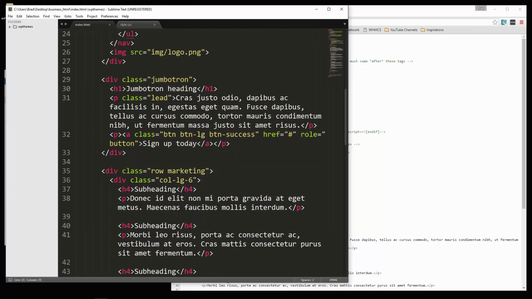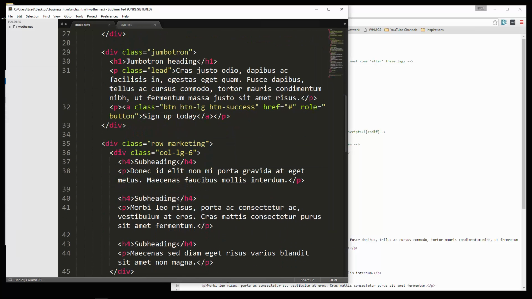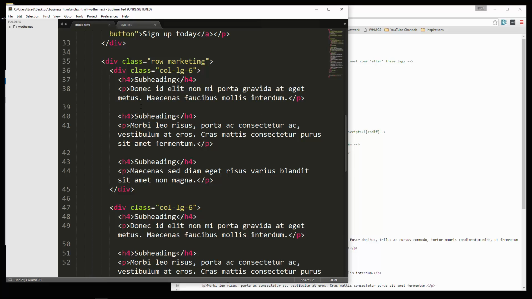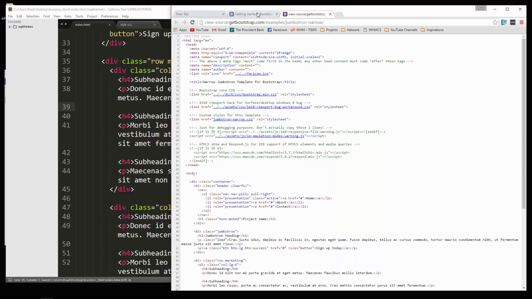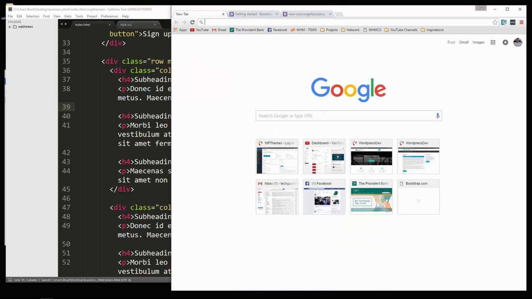So now we'll move on to the Jumbotron. Now this, we can just keep that as it is right now. All right, going down, we have another row with the class of marketing. That just adds some extra padding. Before we do anything else, let's just go ahead and save this. Now, if we go and look at it,